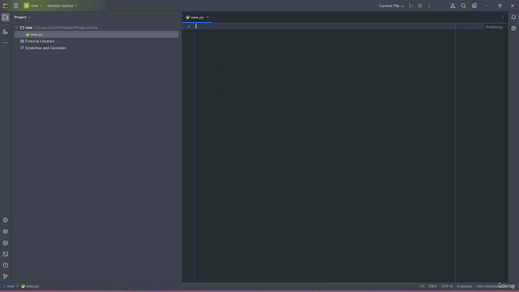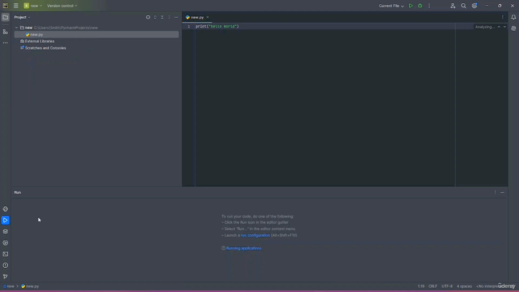Now over here, you can put in whatever commands you want, but it's going to require specific keywords for running them. So I'm just going to show you something. Let's say I'm going to put in print over here, open the parentheses. I'm going to put in double quotation marks. I'm going to put in hello world. Okay. And if you just go over here on the 3 dots and press on run,